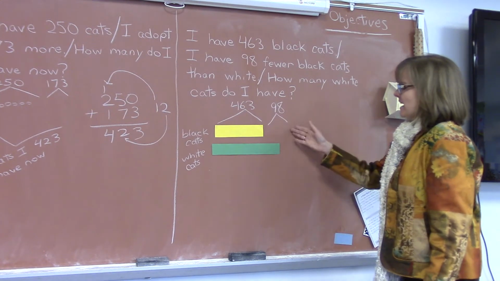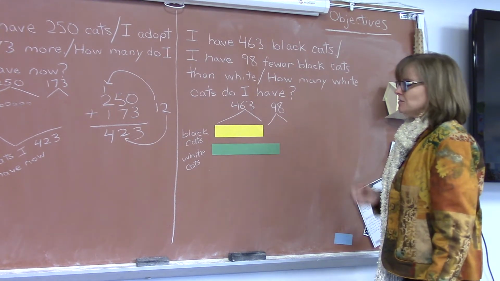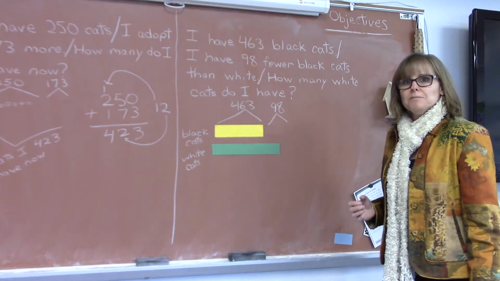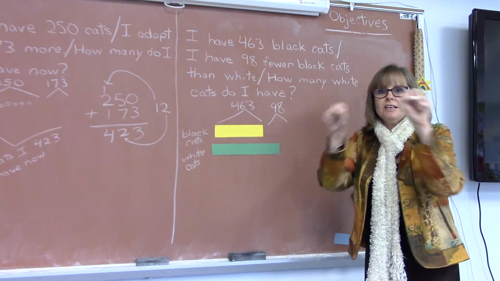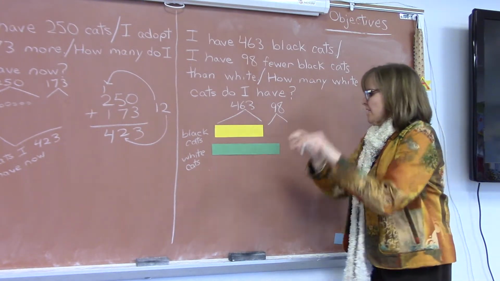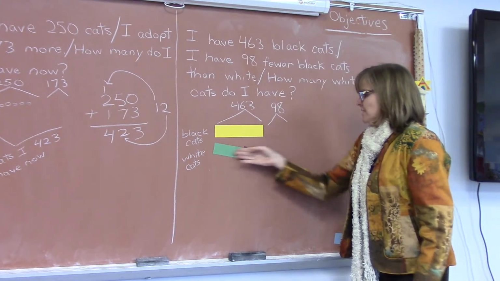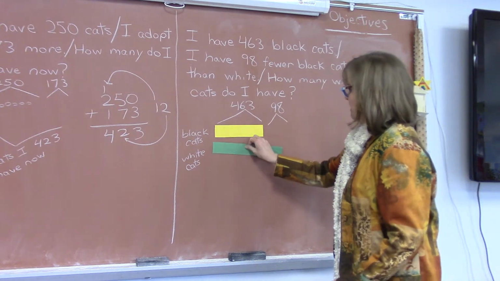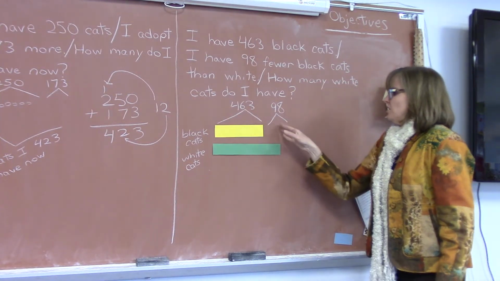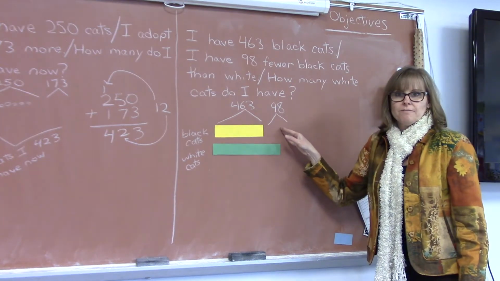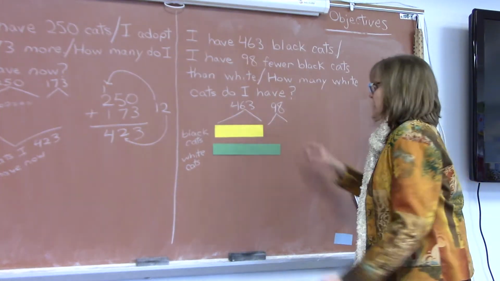So now if I'm looking at this, I can tell which one is my whole. Remember, if it's addition, it's going to be part plus part equals whole. In order for this number to be bigger, I'm going to have to add the number of black cats I have and also the 98 fewer. In this case, that's going to be addition,